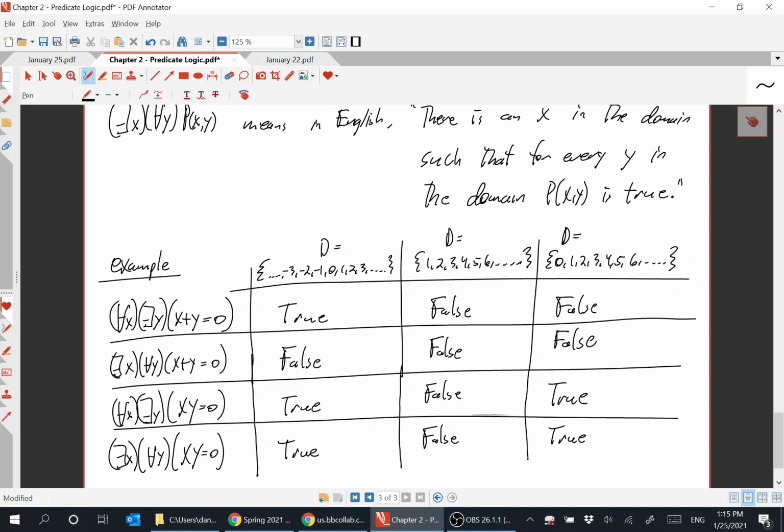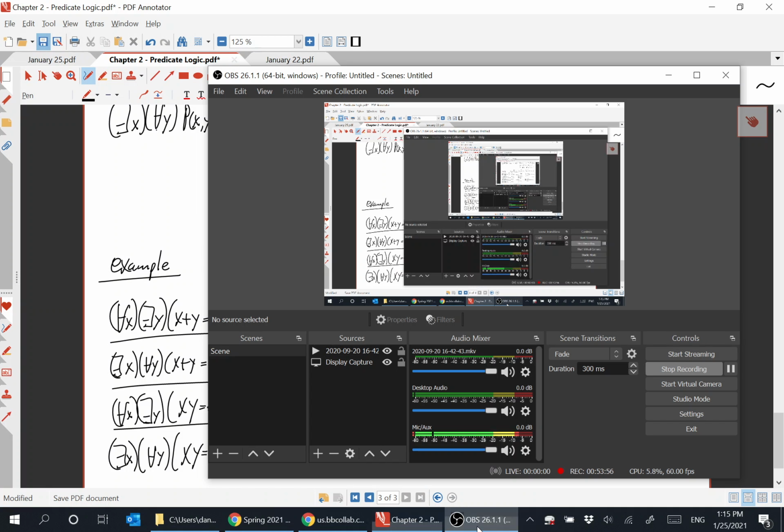Okay, so those are the basics of quantification. There's a lot more to talk about, but we'll do that next time. So I'll post the